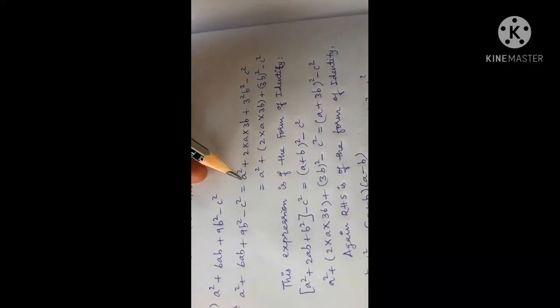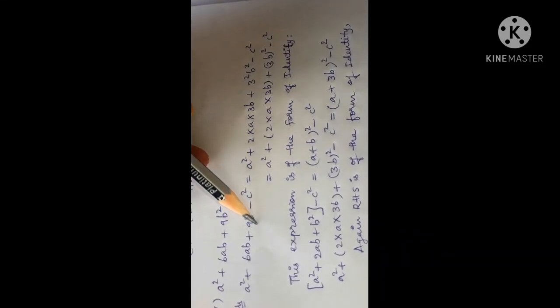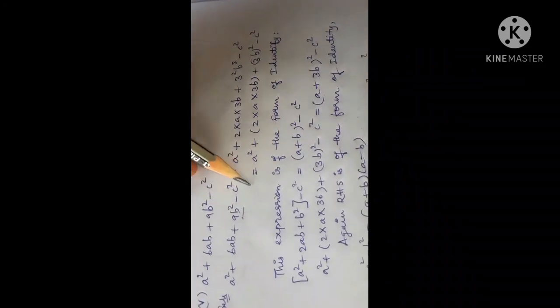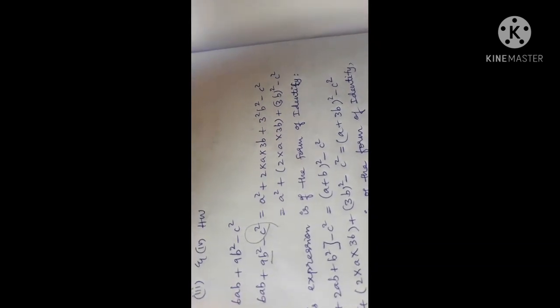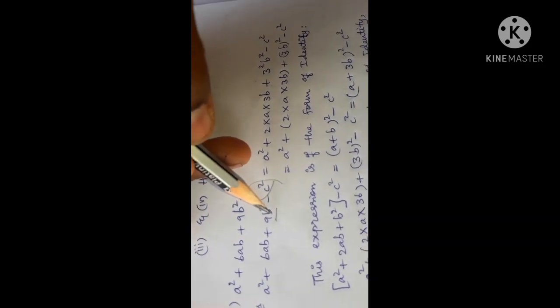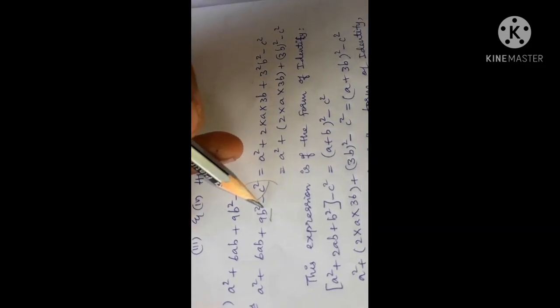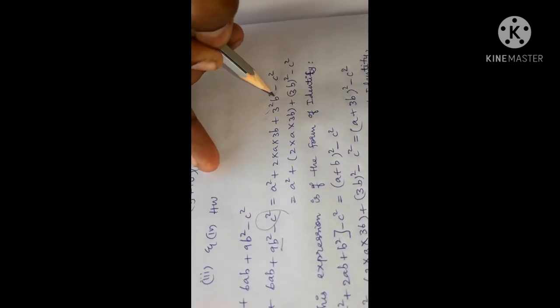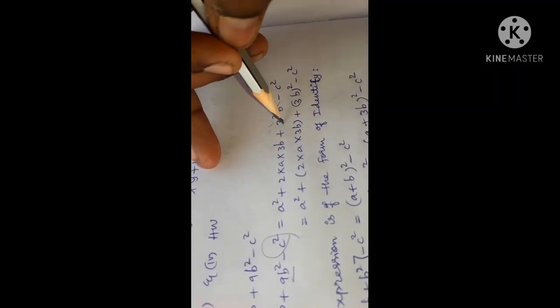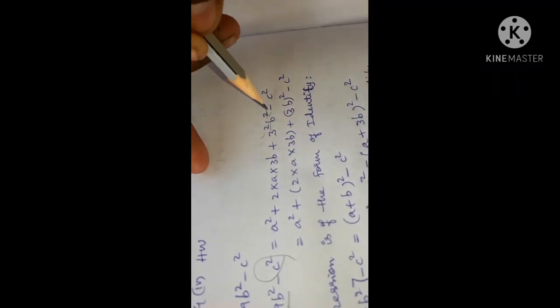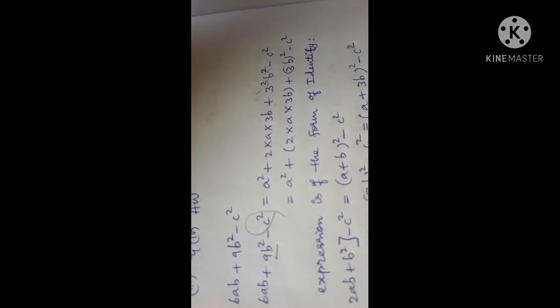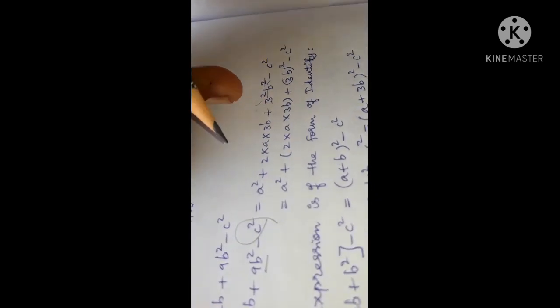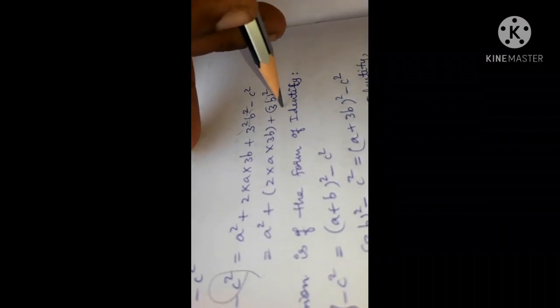When you do this, you'll get a square. I think this one is the last term of the expression and minus c square is extra only. So don't take care of it. Just leave it. At last we'll take care of it. Now this is the last term of the expression for our sake. So 9b square can be written as 3 square and b square. I already told you when the powers are the same and the bases are in multiplication, you can write it in the same place, which is 3b whole square. So here we got 3b whole square.